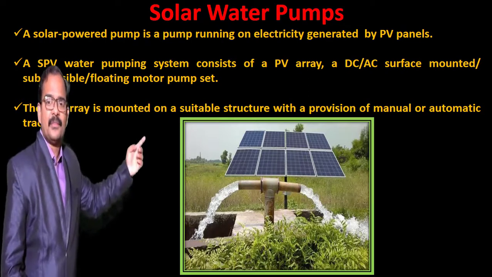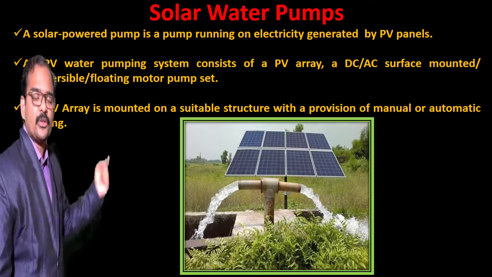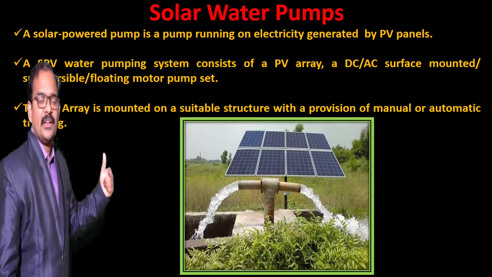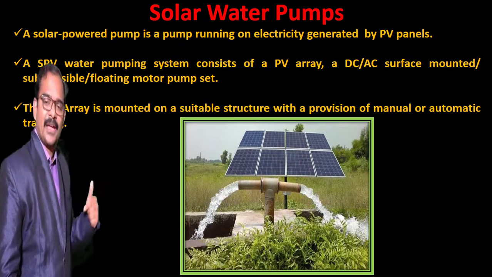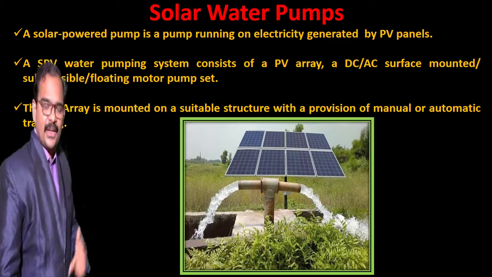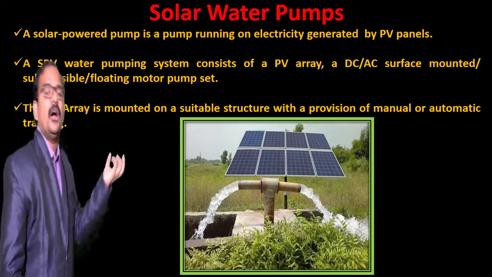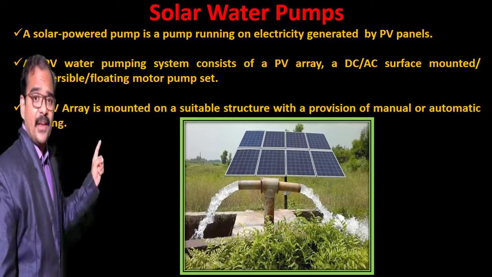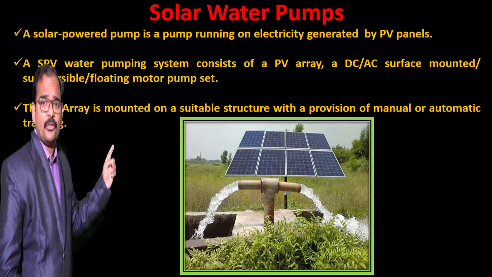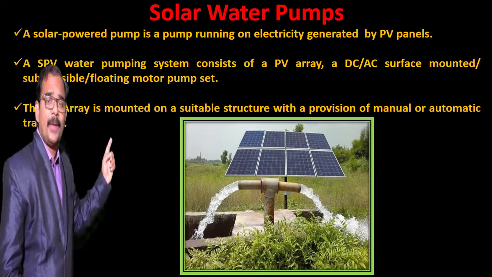And the solar panels will supply the energy to the motor, and the motor will get rotated, converting the electrical energy into mechanical energy. And these pump sets will convert this mechanical energy into hydraulic energy by lifting the water from underground for irrigation purposes. This PV array is mounted on a suitable structure with the provision of manual or automatic